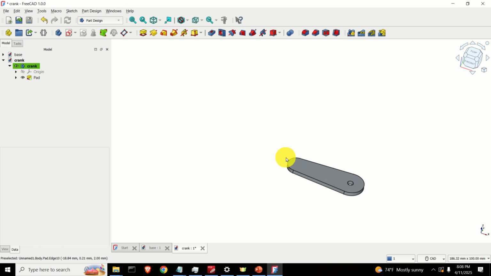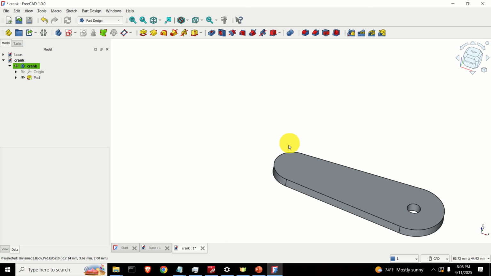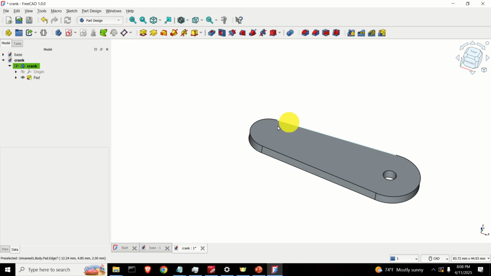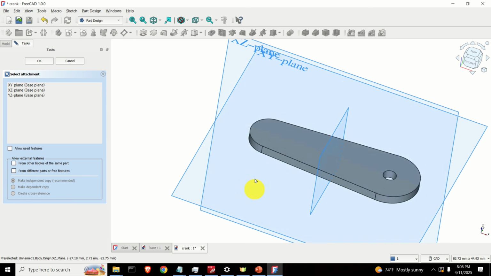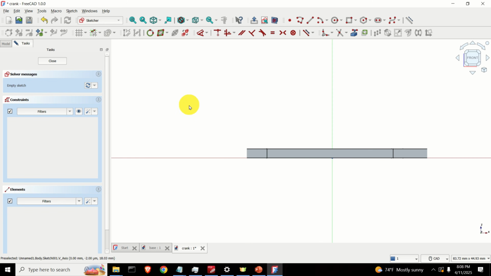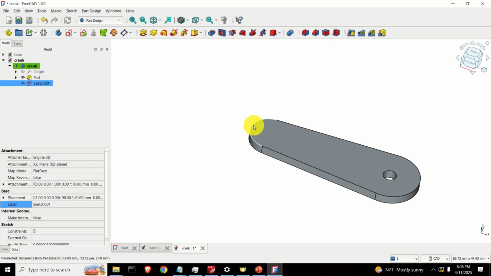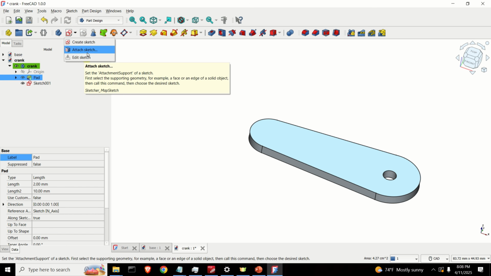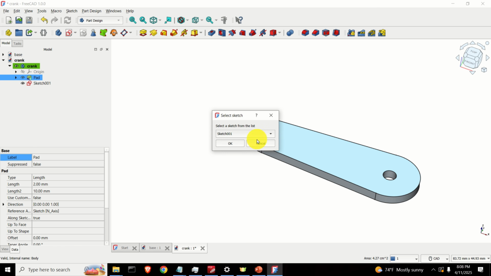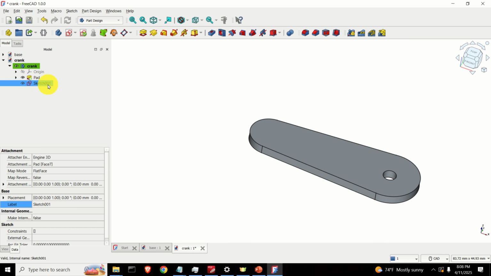Next, we need to create a cylinder on top of this that will be used to connect this arm over here with the rod. To do that, again, you need to click here, create a sketch, select any plane, for example, this plane, click on close, and let's map this plane to this top face. To do that, simply click on this top face, then over here click, attach sketch, and then over here make sure that you click on sketch, click on OK, OK, and then if you double click on sketch, we live